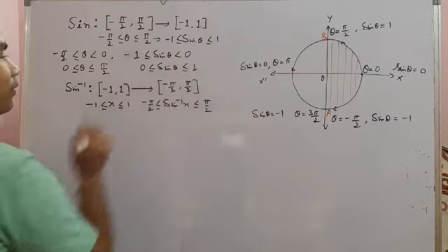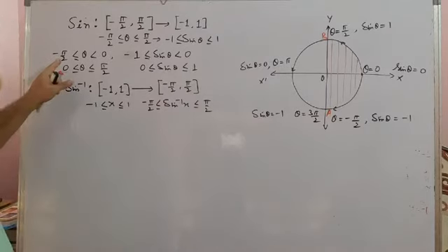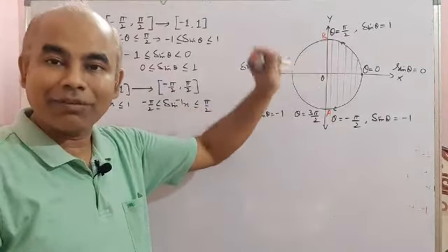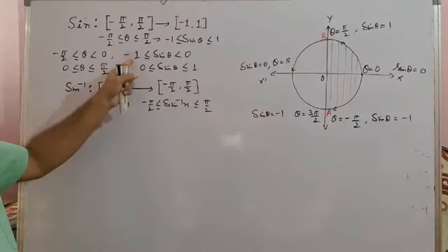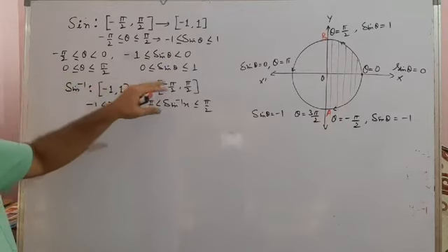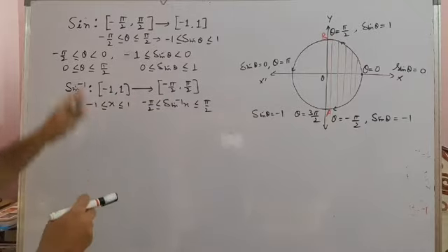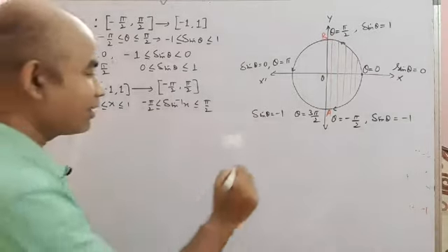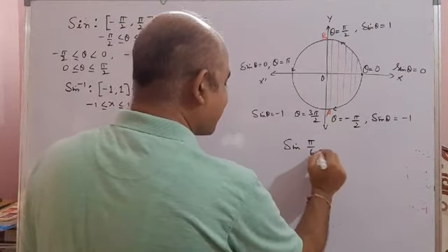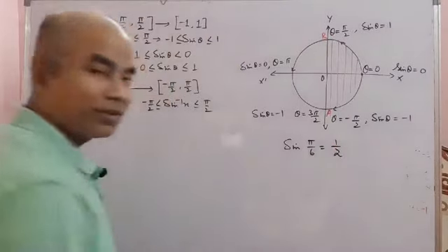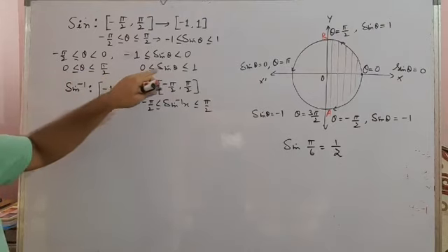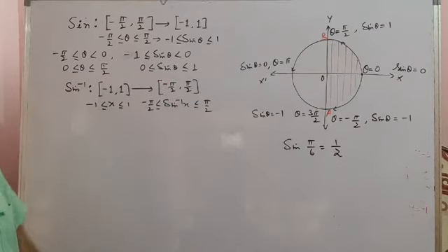Okay, clear? So whenever our angle is minus pi by 2 to 0, that means negative of the acute angle. 0 to pi by 2 is acute angle, negative of the acute angle. Then value of sin theta is minus 1 to 0, less than 0 up to minus 1. And from 0 to 90 degrees, it is this one. So here you see, say suppose sine of 30 degree or pi by 6, your answer is 1 by 2. Why is the answer 1 by 2? Because this time you have taken theta between 0 and 90 degrees. So sin theta will be a value between 0 and 1. So 1 by 2 is a number between 0 and 1.